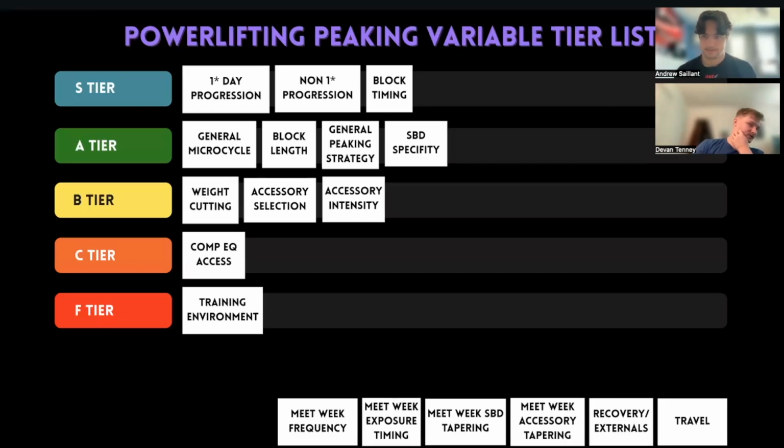Meet week frequency. So I assume what we're talking about here is how often we're training the lifts per week of the meet? Yeah. And these next couple are all meet week specific stuff, because typically within the week of the meet, you have to change some things around in order to get somebody's primary days to line up with the day of the meet. And so frequency is one that I've actually had some experience messing with in the final